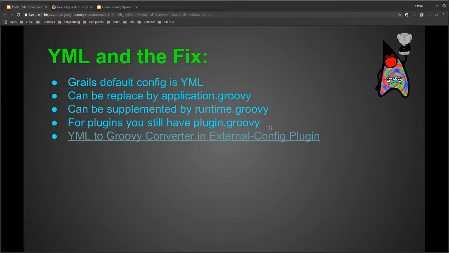YAML and the fix. The default in Grails 3 is to use YAML as the default for all your configuration, which I personally hate, because it's like you took JSON, which is a fine format, and you added significant white space, which I'm not a big fan of. This can be replaced with a Groovy representation, which is the application.groovy, and you can also supplement that with the runtime.groovy,